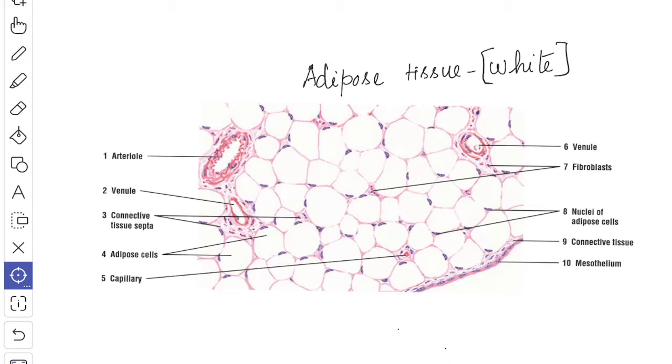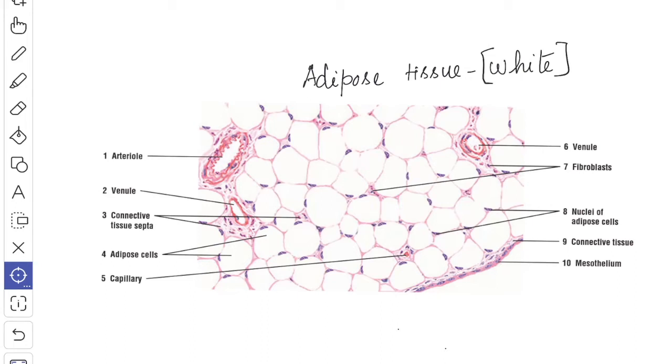The fat content of the cells can be preserved by cutting sections after freezing the tissue, which is known as the frozen section. In this process, the tissue is not exposed to the fat solvents. The fat cells may be scattered singly in some situations, but they are usually aggregated into groups that form the lobules of the adipose tissue. The cells are supported by the reticular fibers, and the lobules are held together by the areolar tissue. Adipose tissue is richly supplied by blood and it is rich in enzyme systems.